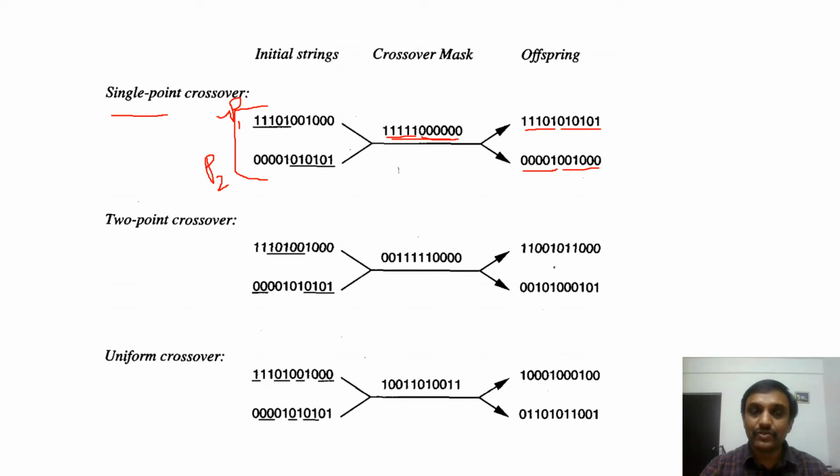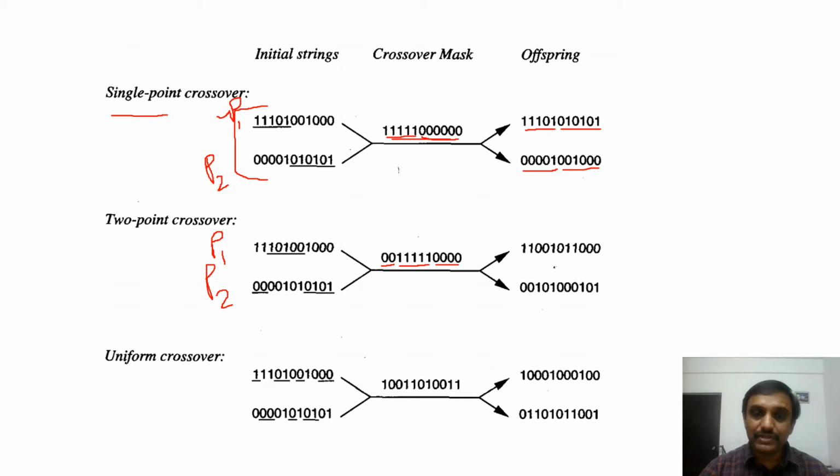Next we come to the 2-point crossover. In this case, observe this crossover mask: first two zeros, and the remaining five ones, four zeros separately we are taking. So zeros are placed in two groups, ones in a single group. Now observe this 2-point crossover. You observe this one, two parents we are taking, P1 and P2. So how are these offsprings developed?